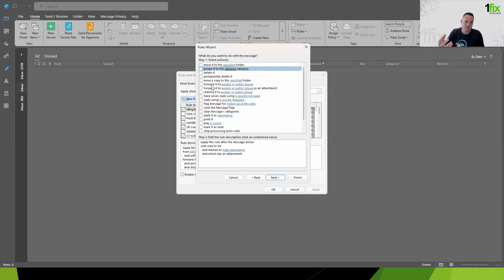For example, I say in my example with an invoice, if the subject contains invoice and the attachment is a PDF, forward it to accounts or whatever that might be. That's a really useful rule. Yeah, a whole bunch of stuff you can do there. Once you've completed that rule,